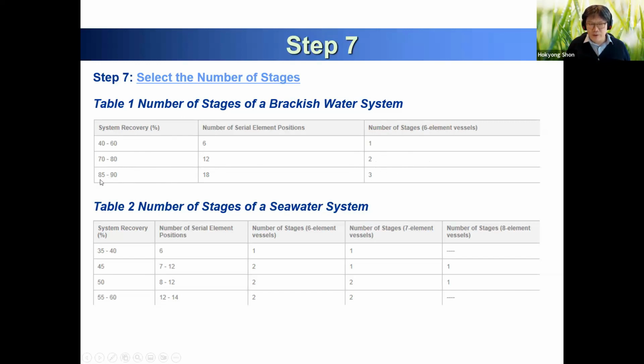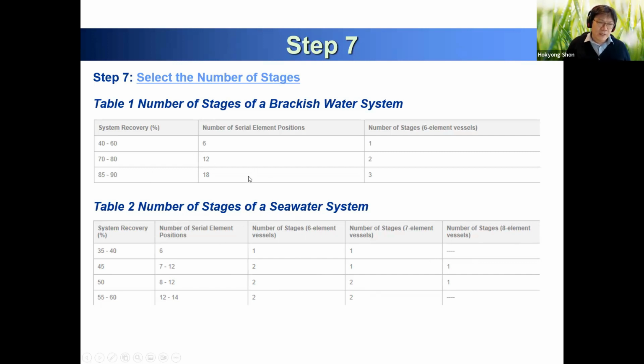If you have more recovery, you need more stages. For seawater desalination, what's the recovery rate depending on that? We also need to look at the stage, how many elements, 6, 7, 8. So we can also decide. That's how we can work from these